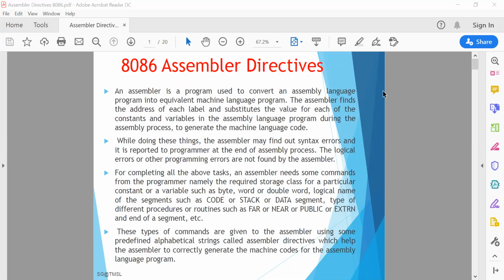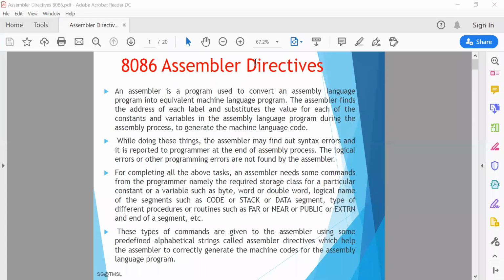Assembler directives. So first, what is an assembler? An assembler is a program used to convert an assembly language program into equivalent machine language.